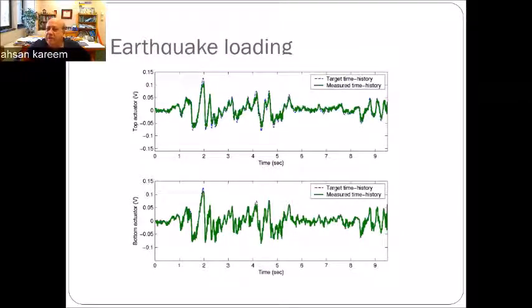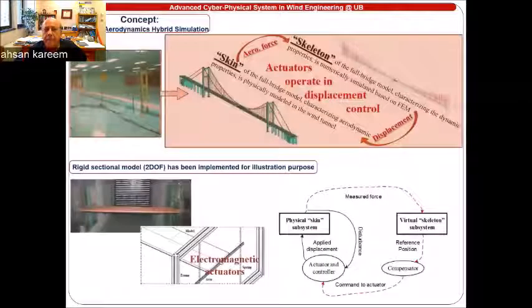We could also do this with earthquakes, because in an earthquake, the load at each mass is the mass multiplied by the relative motion. So the same system can be used for actuating for wind, or waves, or for seismic loading. And I think that one of your visitors in the workshop, Professor Wu, has come up with this system,